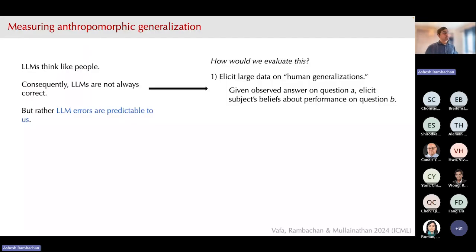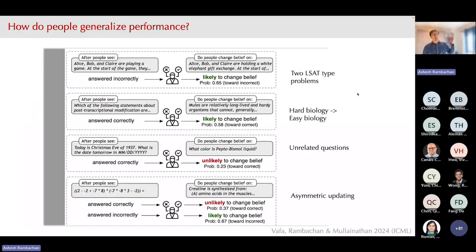either correctly or incorrectly, do you believe the subject will answer question B correctly or incorrectly? To give you an example, we pulled these framed questions from exactly the sorts of benchmarks that people use in computer science. We showed a subject an LSAT logic question, told them that an agent, either a person or a language model, got that question wrong, and then asked, how does that shift your beliefs about correctness on an adjacent logic question? We did the same thing across PhD level questions in biology and physics and other sources as well.